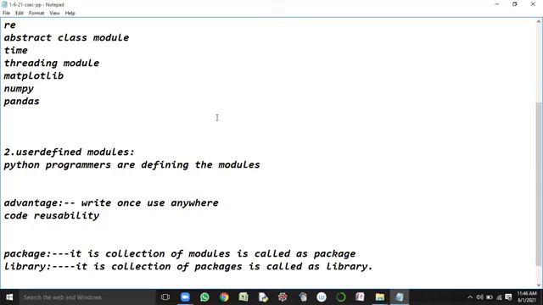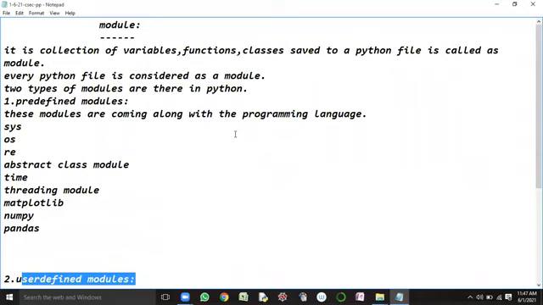User-defined modules. Why am I calling them user-defined modules? Because those Python files are defined by the programmer, as they are defined by myself. Assuming myself as a Python programmer, I have defined them and saved them into Python files. All Python files are modules, as they were defined by the programmer. So those can be considered user-defined modules. Are you understanding the difference between predefined and user-defined? Yes, sir.